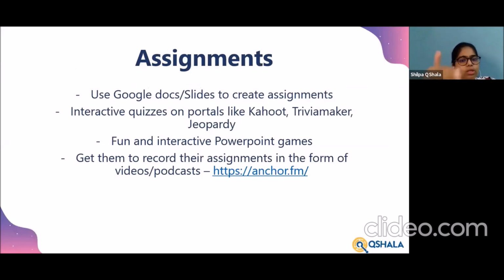And again, when you're doing these assignments, you can make interactive Google Slides where they can move objects around, where there are different animations that happen while they are learning a certain lesson. You can lock these slides to make sure that they don't make any edits to the questions or the content that is actually there. They can make edits only to the answer slides that are available, right? So these are different things that you can do.